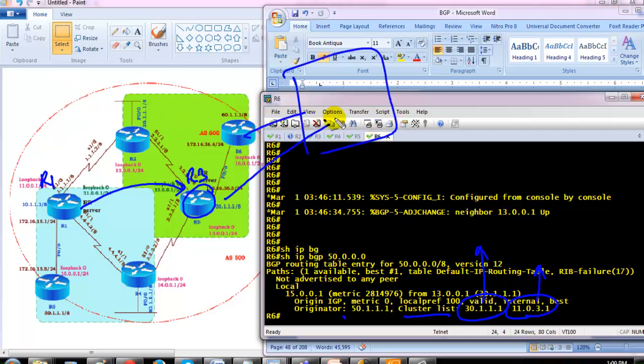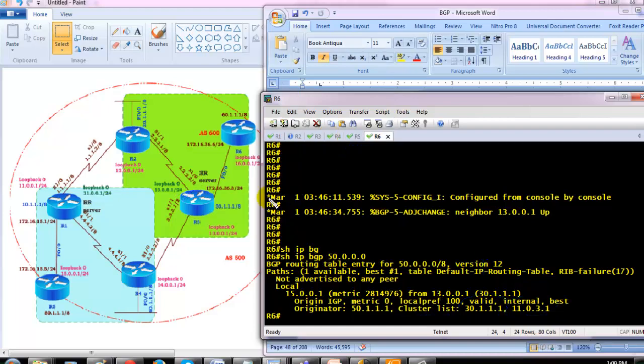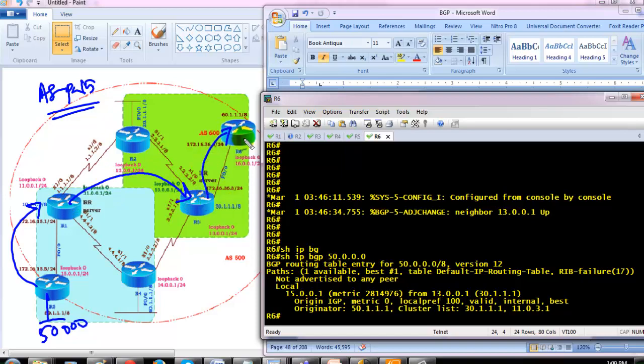Similarly, if you have one more cluster here, it's going to prepend that information. This cluster list information is similar to autonomous system path information, which acts as a loop prevention mechanism. Let's say this 50 network is getting advertised from router 5 to router 1, and router 1 advertises to another cluster, and from there it reaches router 6.